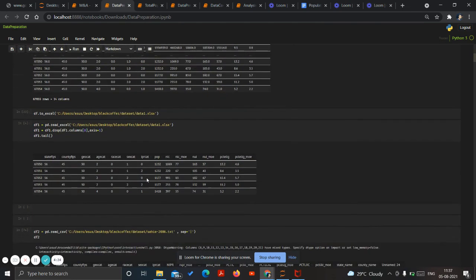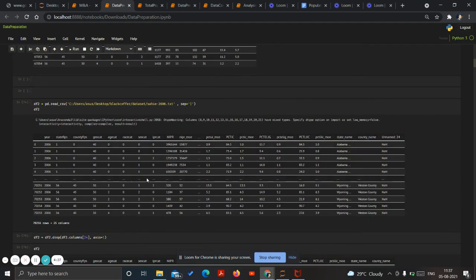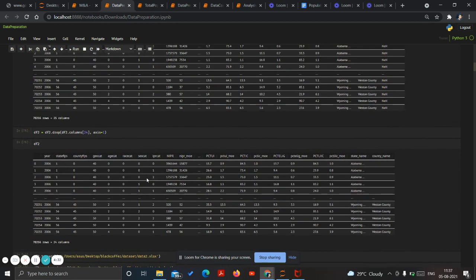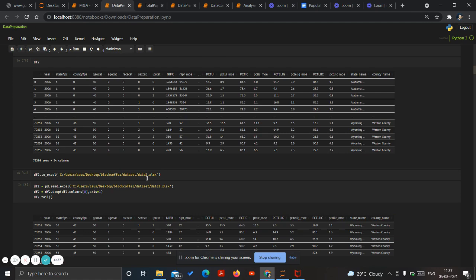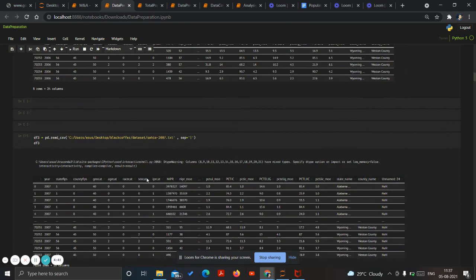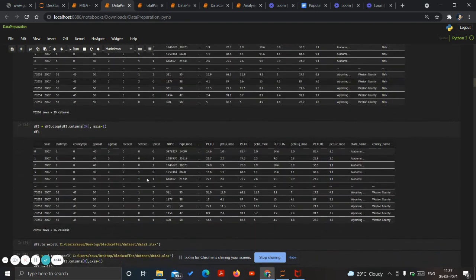So the data does not have exactly the same columns. There are extra columns for some of the data sets, and there are limited columns for some of the data sets. So we need to take care of that. Then, while finally merging the data sets, we first have to perform several steps of data cleaning, like removing the null values, or replacing the null values with 0 or 1 or whatever is needed as per the need.